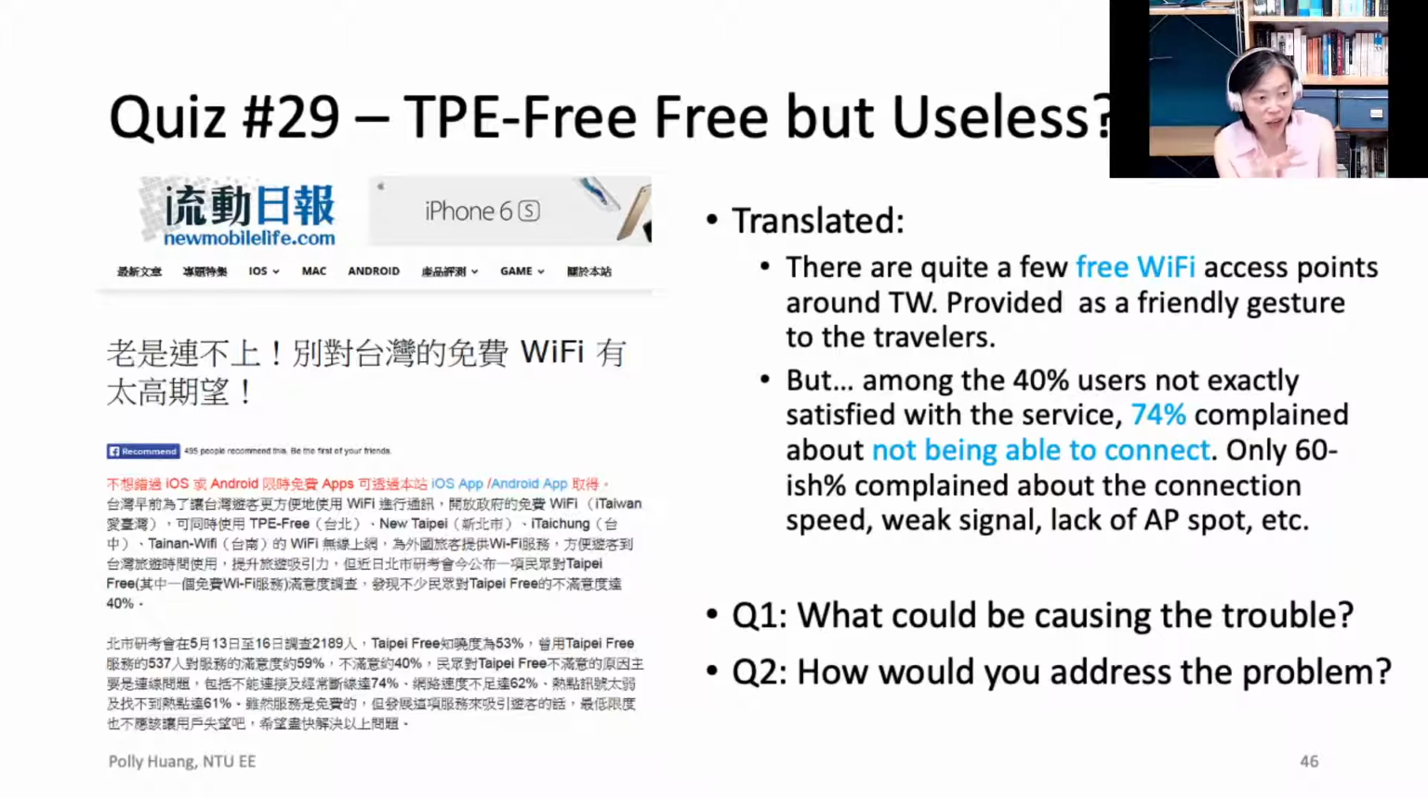So what I'm talking about here is a report on the news. This is a report about free Wi-Fi, Taipei free usage. Let me translate it into English here. So it turned out quite a few of us are not satisfied with the service. About 40% of the users are not really happy with the service. Among these not so happy users,